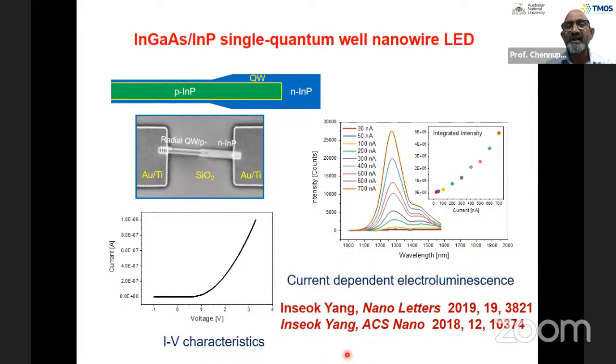If you want to make an electrically injected laser, you need to have a PN junction. So he doped this indium phosphide P-type, and then grew a quantum well of indium gallium arsenide, the yellow layer, and then put an N-type indium phosphide on top of that. Then he transferred them onto a glass slide, did electron beam lithography, and made gold-titanium contacts on both ends of the nanowire,